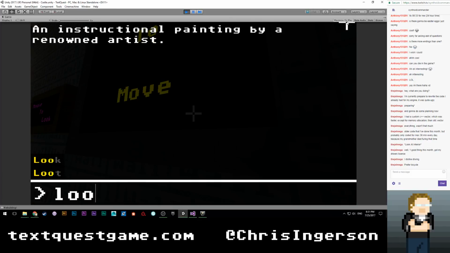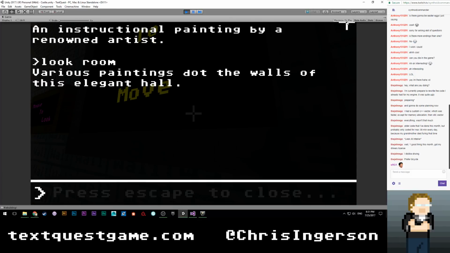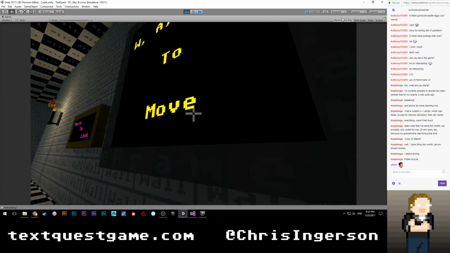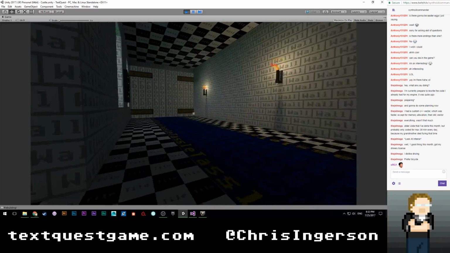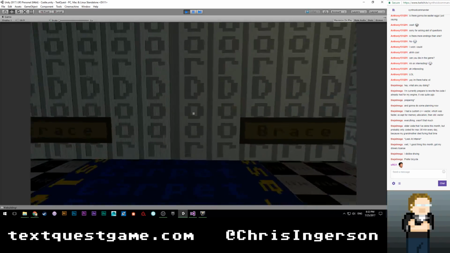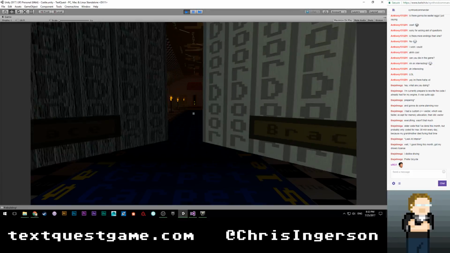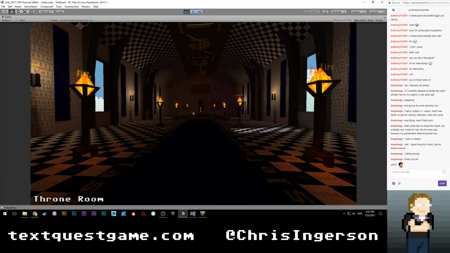And if you say look room, there we go. All right, so we have the looking functionality working. So now you can actually look around the environment and get specific text depending on where you are. So the next step for this would be to, one, set up